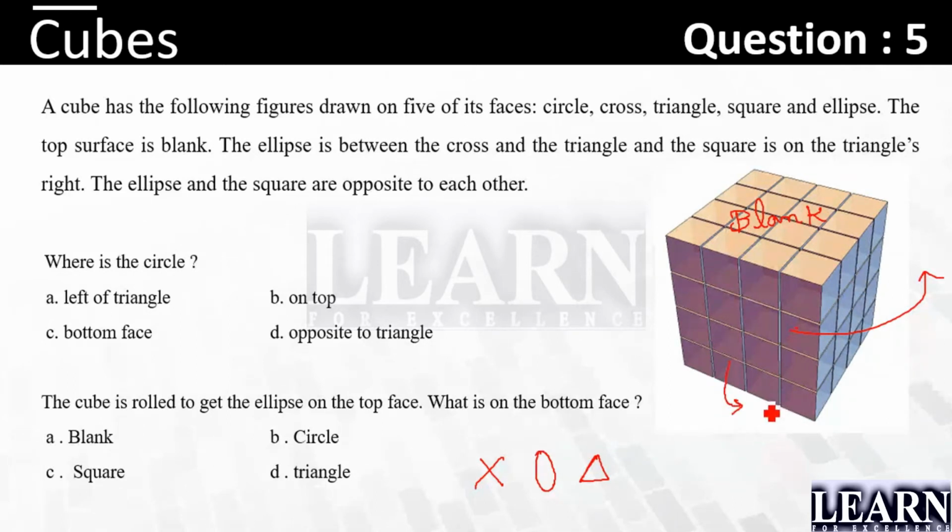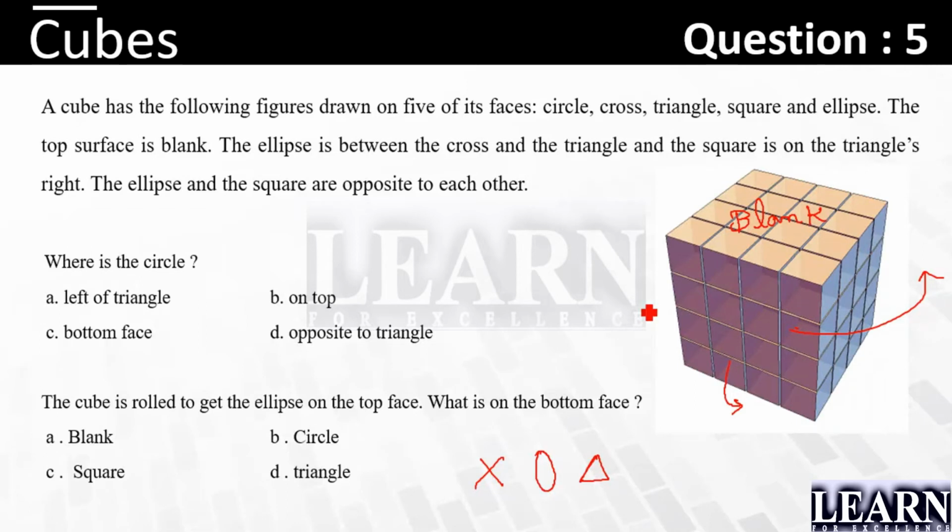If you want to look into that, then the ellipse will be exactly at the bottom, right? Cross can be here, ellipse is here, and triangle can be here. So cross can be here, ellipse at the bottom, triangle can be on the other side, right? But the ellipse will be exactly at the bottom if you take that case. So we have two possibilities: going with the right and left, going with the top and bottom. Next, let's check it out.